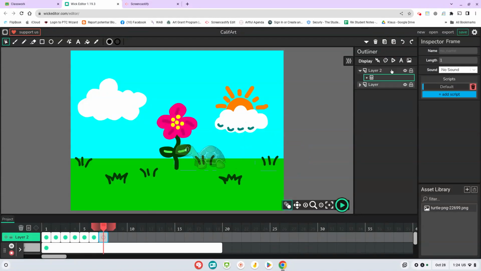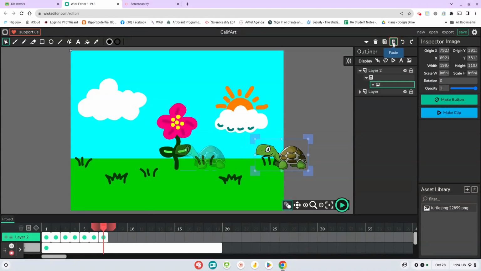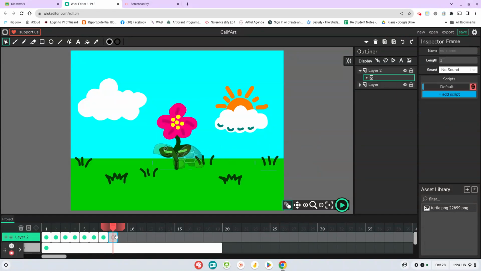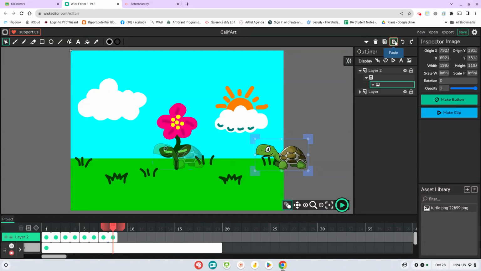So add a frame, go up to paste, and see the onion, that kind of invisible turtle, just kind of lets you know where you were before. So plus, paste, bring him across here,